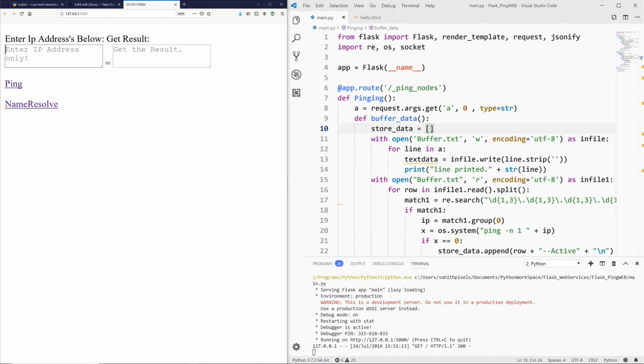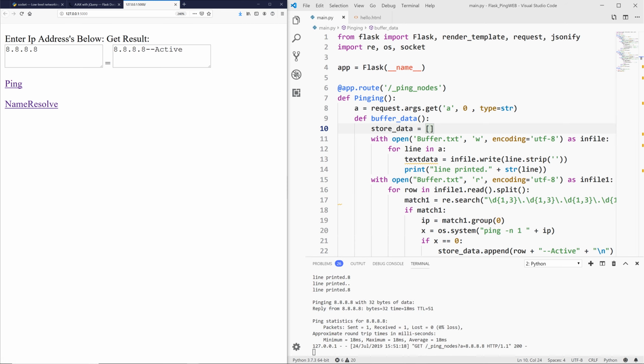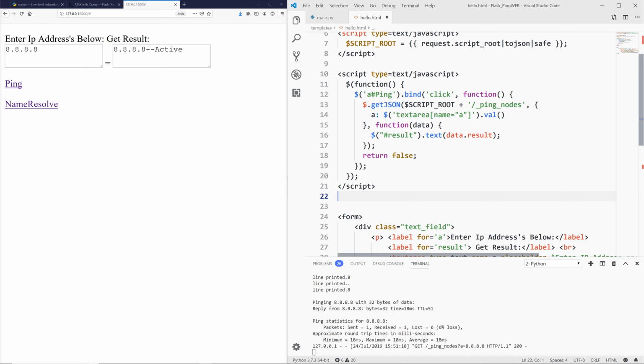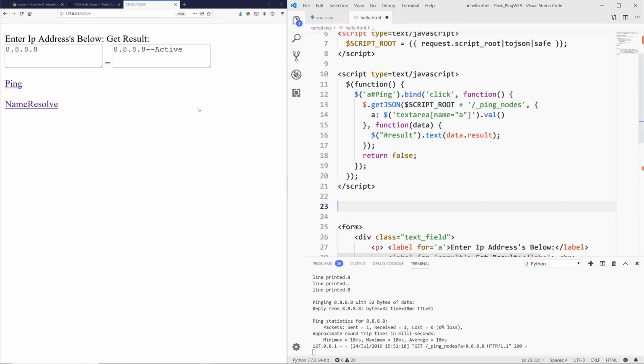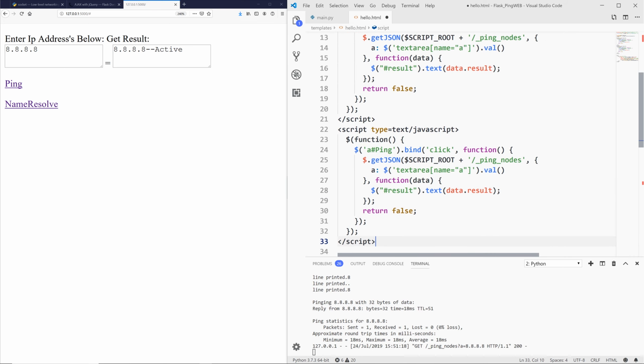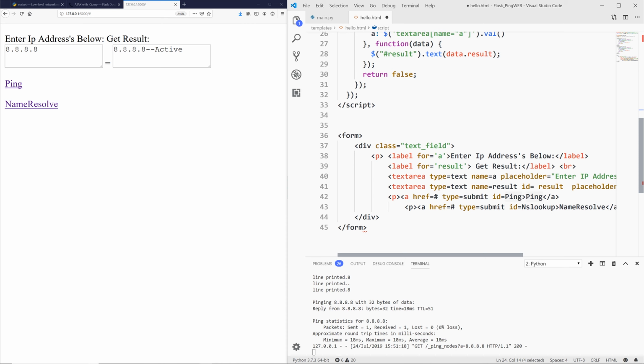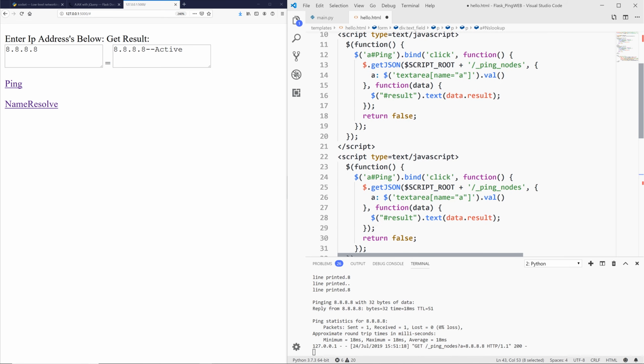Okay, I'm pinging Google DNS. Boom, it is active. When I click name resolve, I don't get anything. The reason is I did not add the JavaScript action script to do the name resolve. So let's do that again. Same thing, copy, paste. Make sure you change this ping to lookup, because that's the ID we click, to get the name resolve. Find, click,